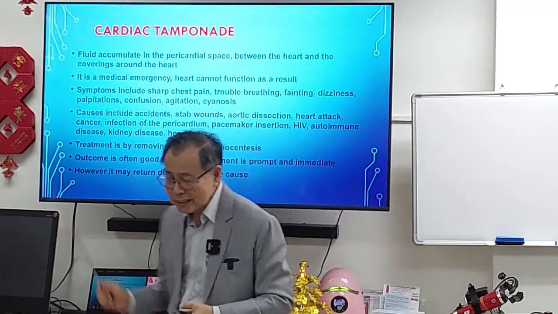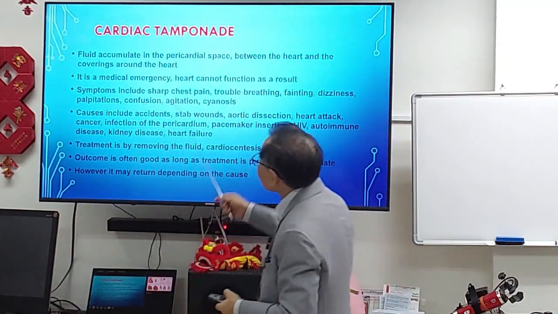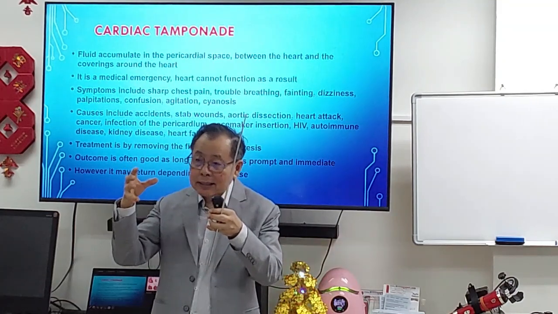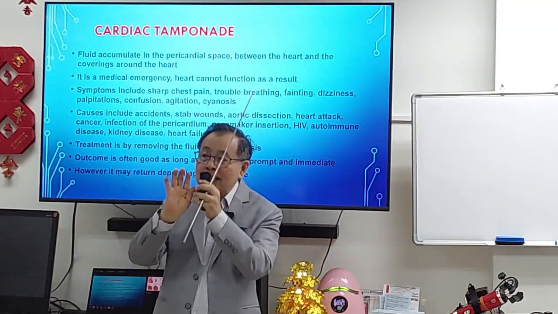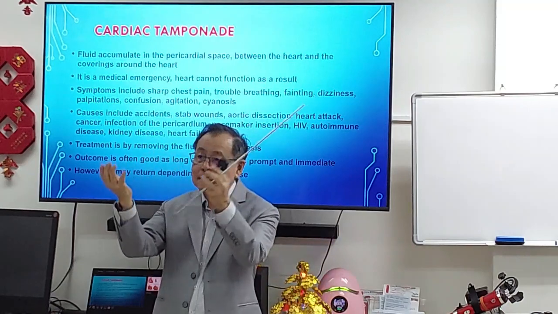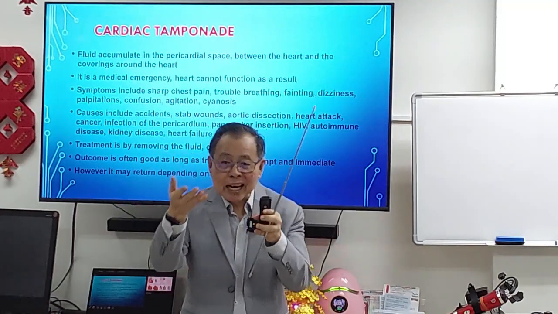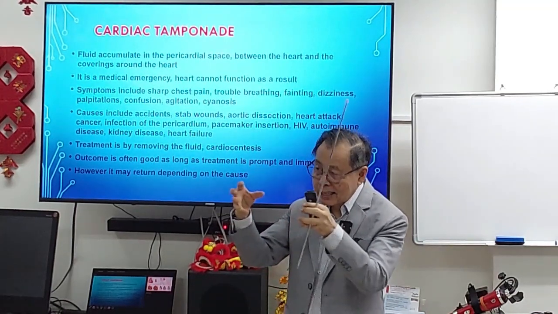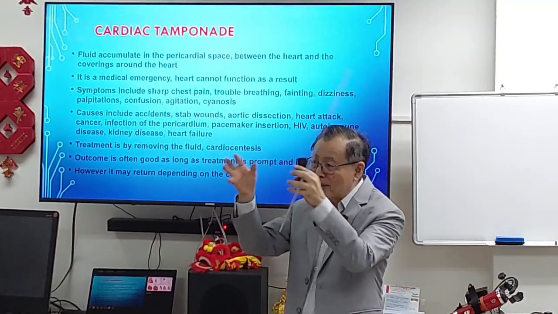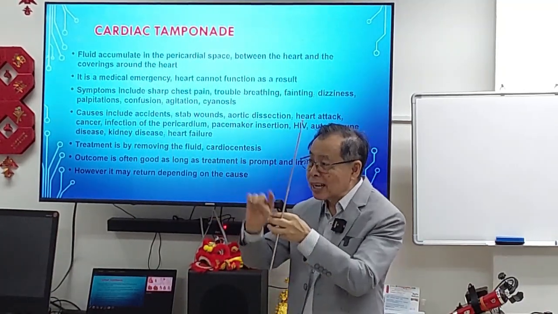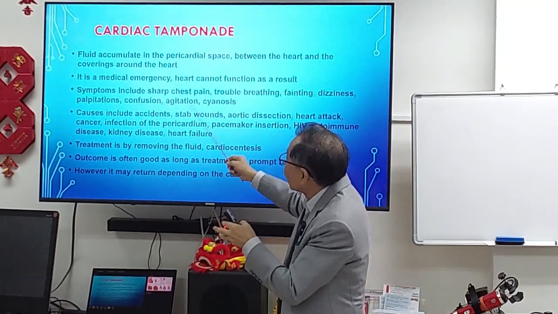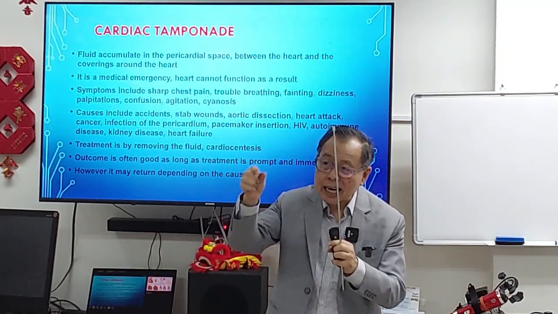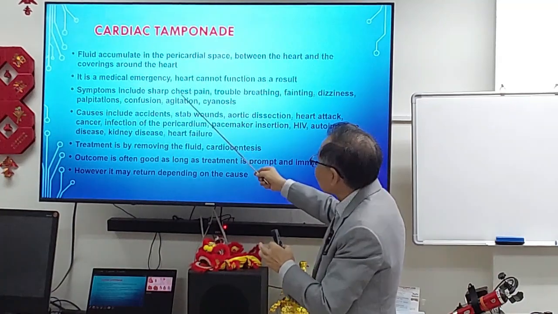Cardiac tamponade. This is an emergency. A tamponade is when fluid accumulates in the pericardial space. Now your heart is encased in a fibrous covering, like a canvas, that surrounds the heart. Usually between the heart and the canvas there is no space. It is a vacuum, okay? And the heart sits comfortably inside that bag of fibrous tissue. But there's nothing between the heart and the fibrous tissue. In a cardiac tamponade, what happens is the fluid accumulates in the space between the heart and the fibrous tissue. So it's a medical emergency.